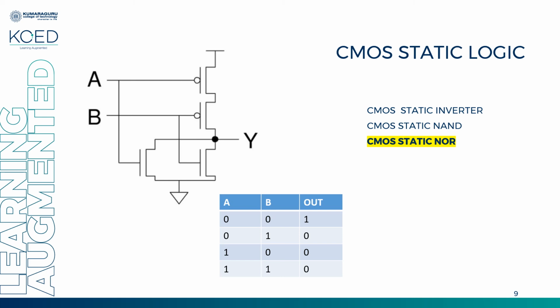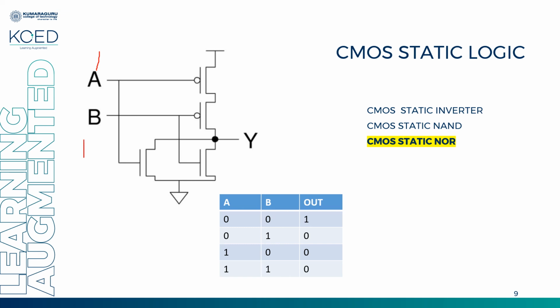1 and 0? So you have 1 and 0. Okay. So this will remain in on condition. Again, off condition. A will turn on a transistor, so this will remain in on condition. This will remain in off. Since the NMOS is in parallel, if any one of the NMOS is in conducting state, it moves the voltage available at the output node to ground. So again 0. Okay. So what happens when both are 1?